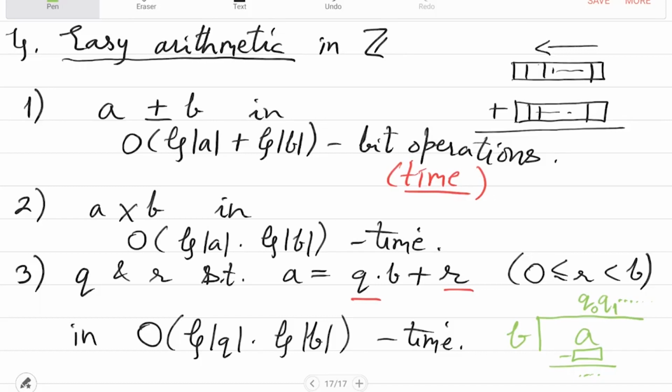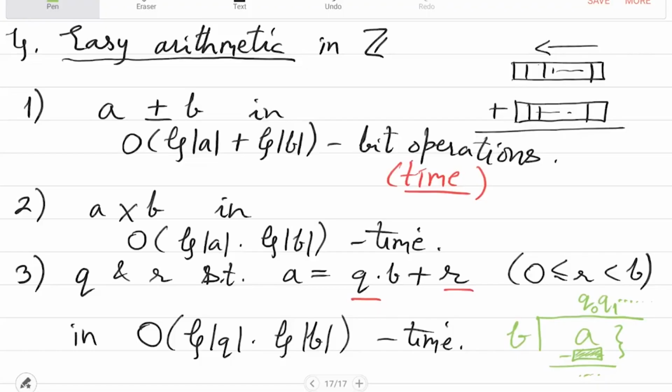So is the question that the time complexity of subtraction we are missing? The thing is, how big is this box? This box is only as big as B, right? So it doesn't matter how big A is. You are only looking at the first few bits of A, log B many bits of A. So this subtraction only depends on log B. It doesn't depend on A. Okay, this is an important point.